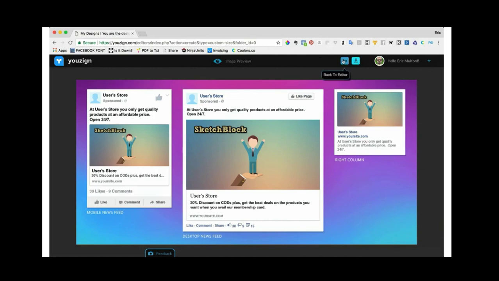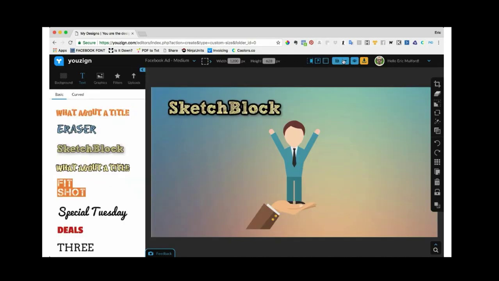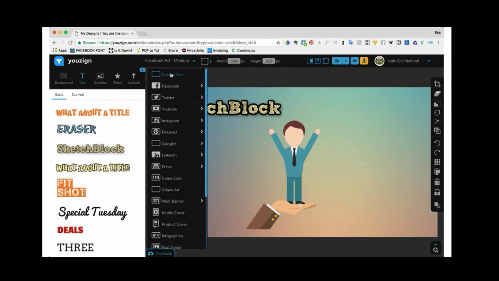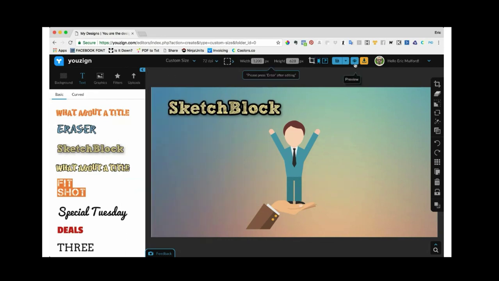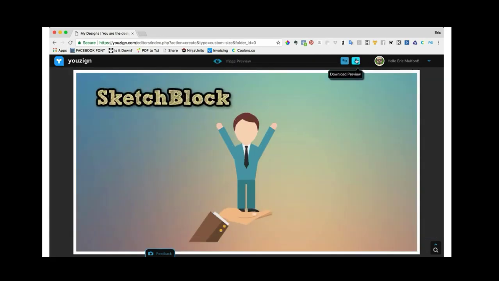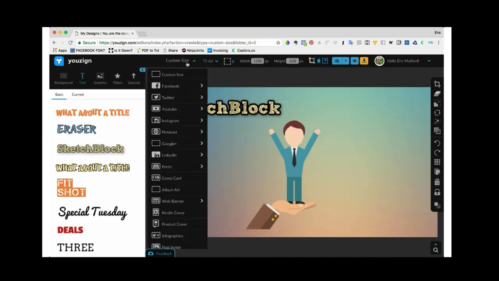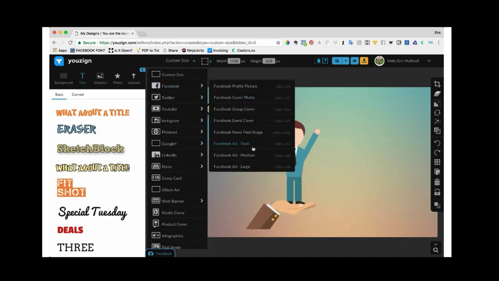And that preview is really a great thing, particularly in this case where you're looking at Facebook, okay? But if I go up here and I change custom size, I lose this. Now it just shows it as an image. Is everybody with me? So in order to do that, I have to go back and make sure that this